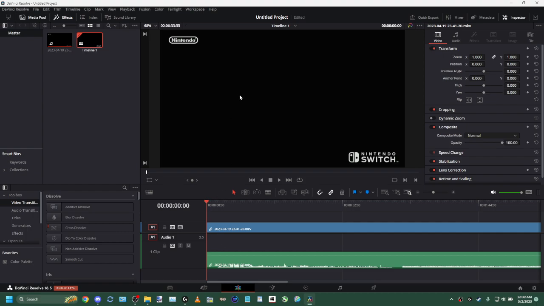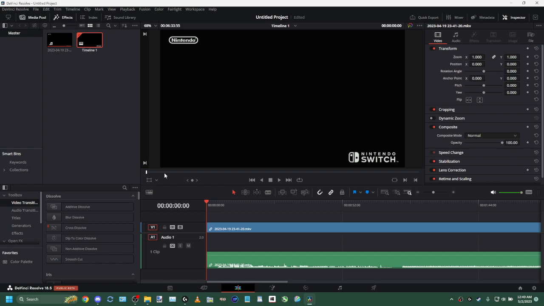And this is the free version, by the way. There is a paid version, but you do not need that unless you're going to get very serious into video editing. That is Hollywood level quality stuff. You don't need that. Period. The free version will suffice, and it will tell you what is locked behind the paid version. So that being said,